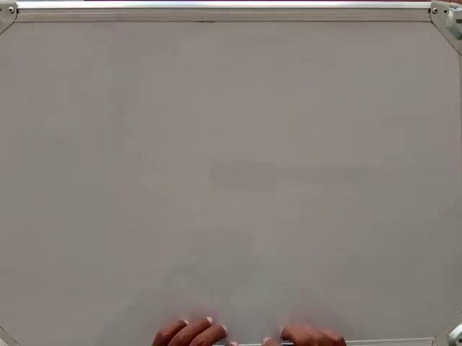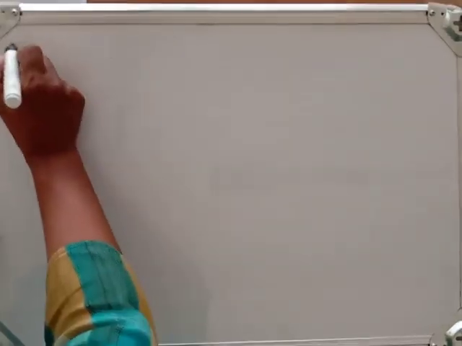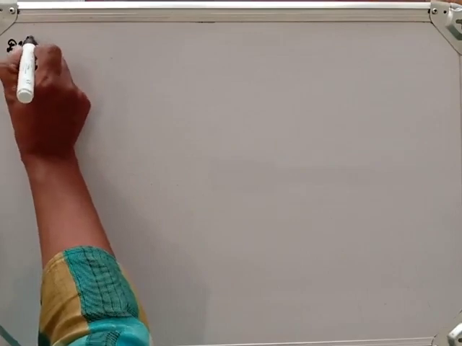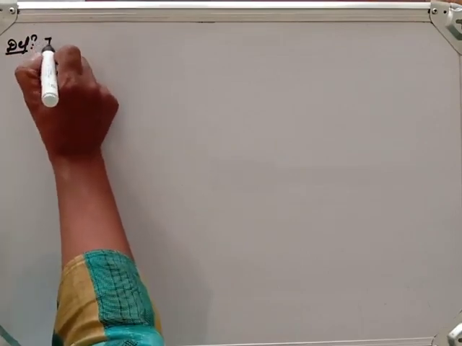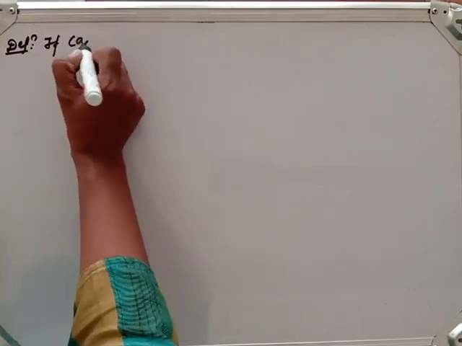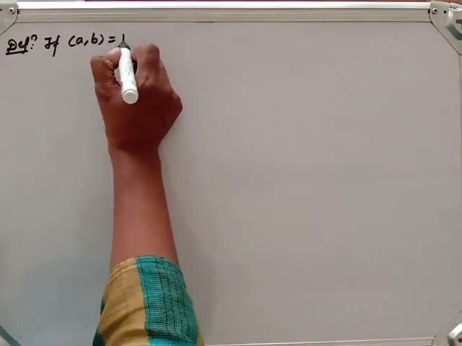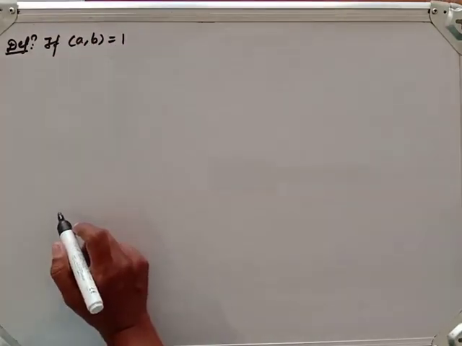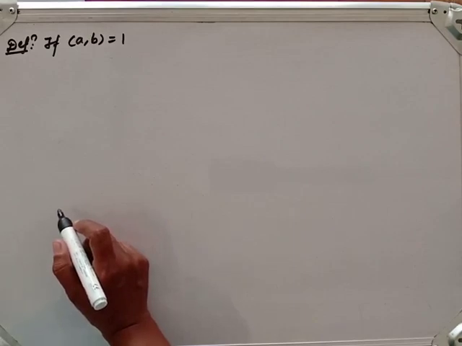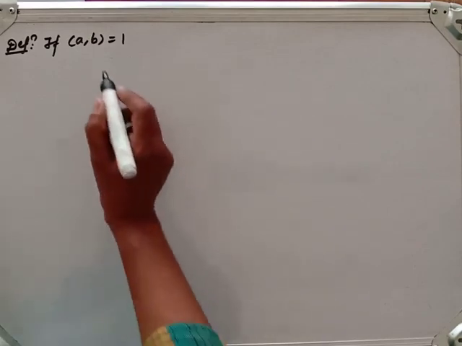Hello students, in the previous video we have seen the remarks on the existence theorem, or linear combination theorem, of GCD. Now let us see some definitions. The first definition is for relatively prime. I am taking this definition again because here it is for more than two integers, and I want to give the general definition also.